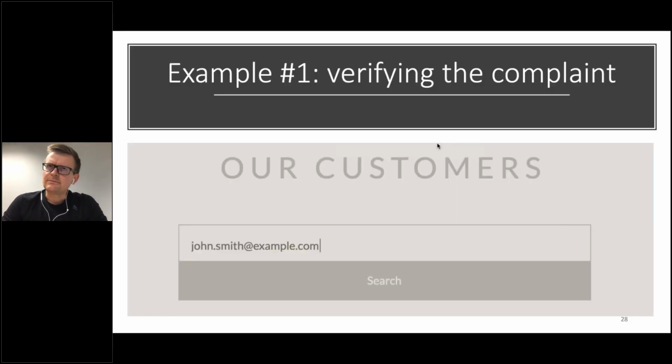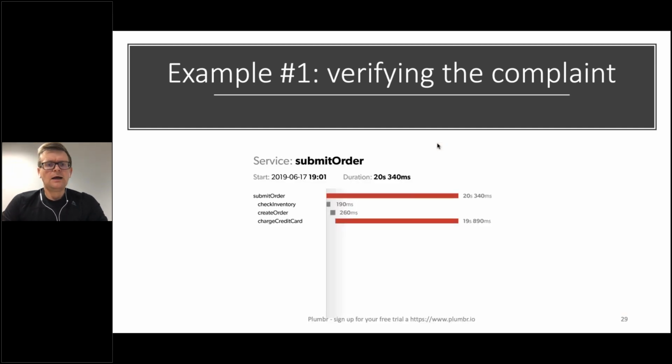So what if those distributed traces captured in their metadata include the customer identification? If we did that, then it's trivial to build a UI which is able to query those traces based on the user identification, which can be an email, as in this example, or a username, or anything for that matter. And now, if we would search for what John experienced during the time when he was presumably having some issues,